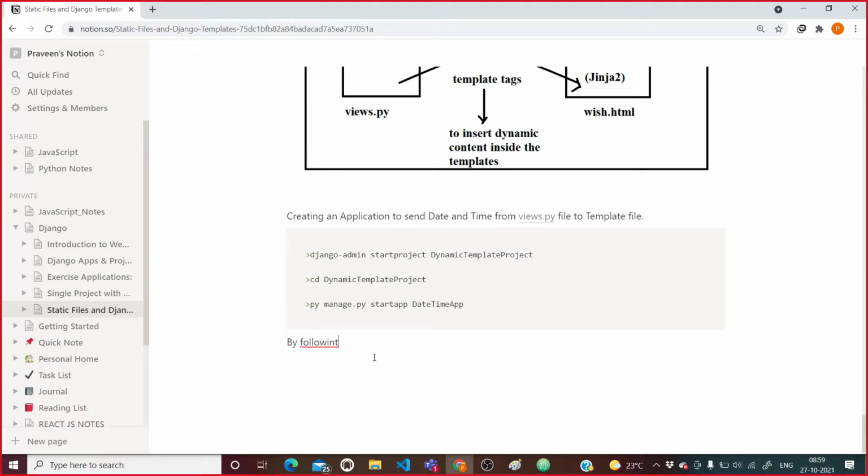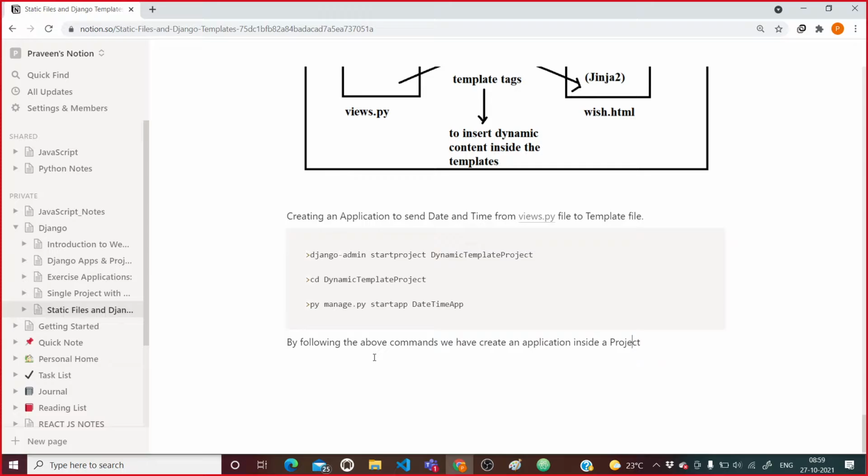By following the above commands, we have created an application inside a project.